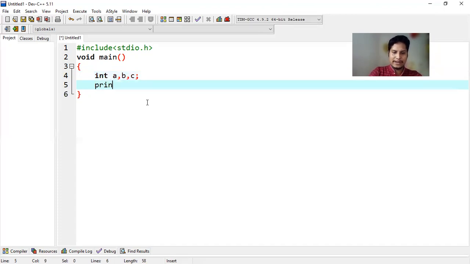Again, I'm writing a printf statement. Within the printf statement, I'm asking to enter two values, colon, then semicolon.